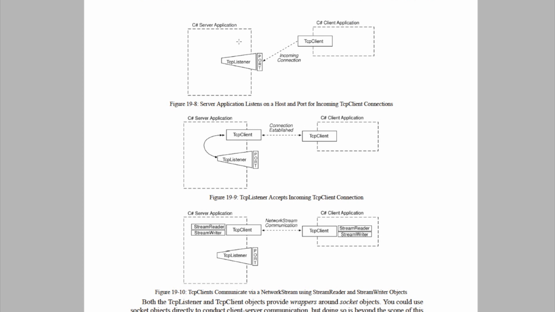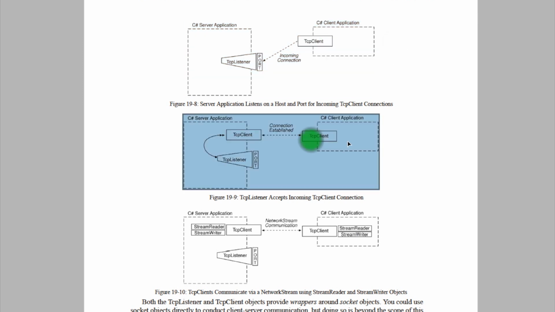So the TCP Listener is started, and we'll go into the details in a second. Then it sits there using blocking I/O until an incoming client connection comes in. The client connection is established with the TCP Client class, which is demonstrated over here on the right, in this diagram. In the next diagram,